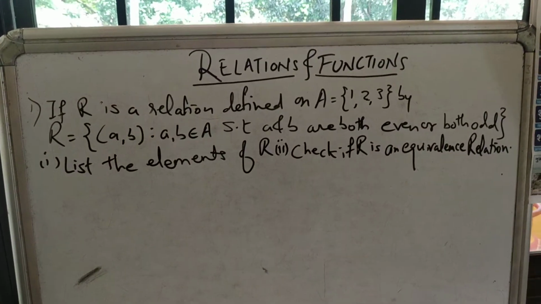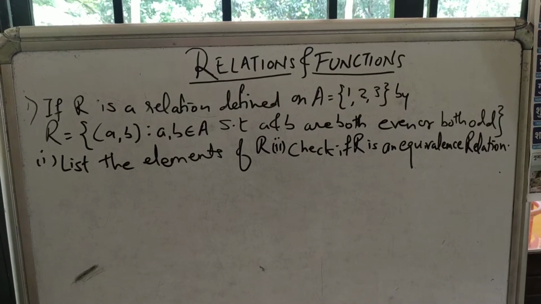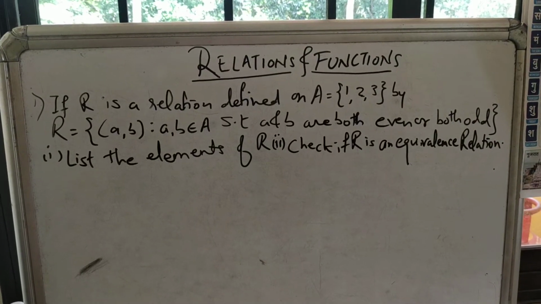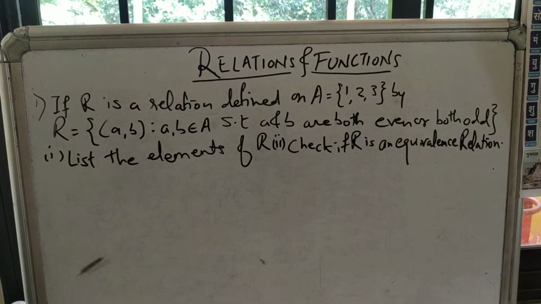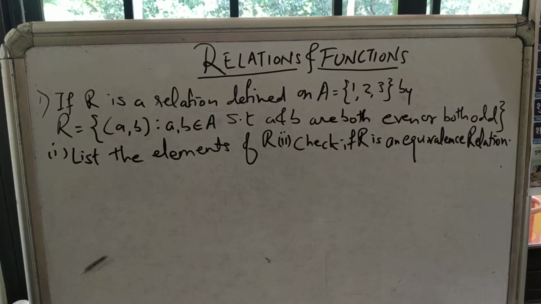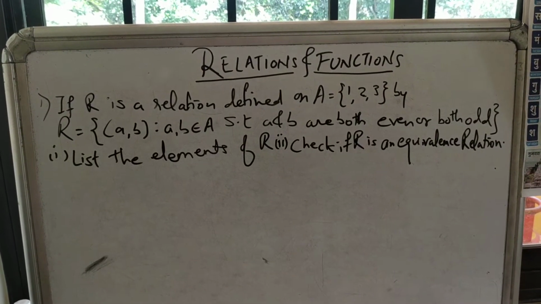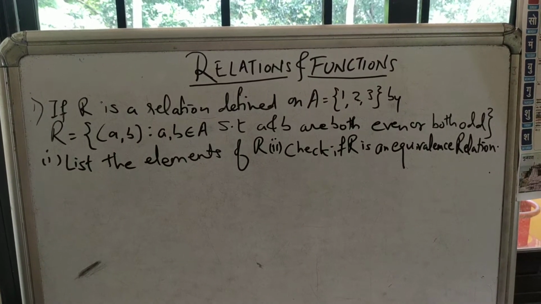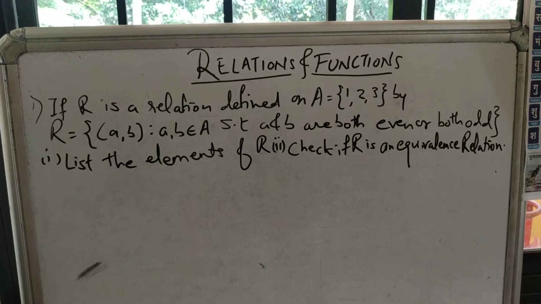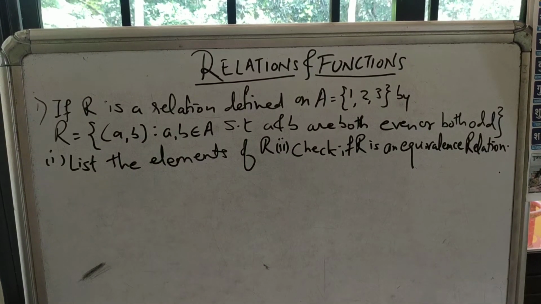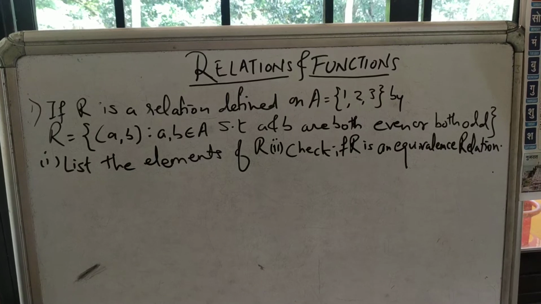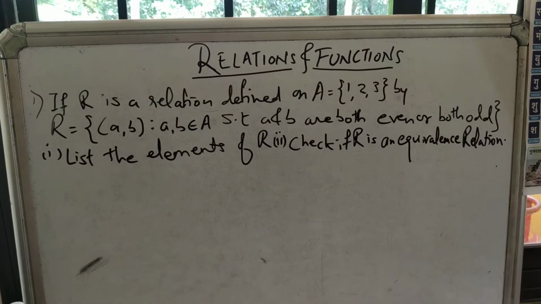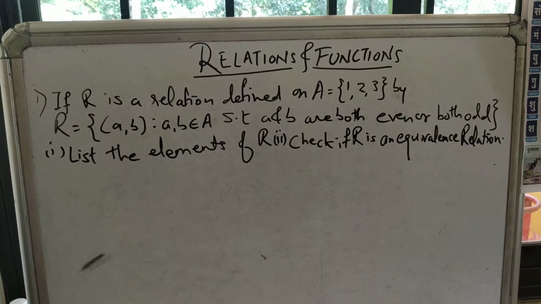So, basically, what is a relation? A relation is a subset of the Cartesian product. Here we have three types of relation: reflexive, symmetric and transitive. A relation R, a subset of S cross S on set S, is said to be reflexive if X related to X is true for every X belonging to S. So whenever an element is related to itself, we call the relation reflexive.